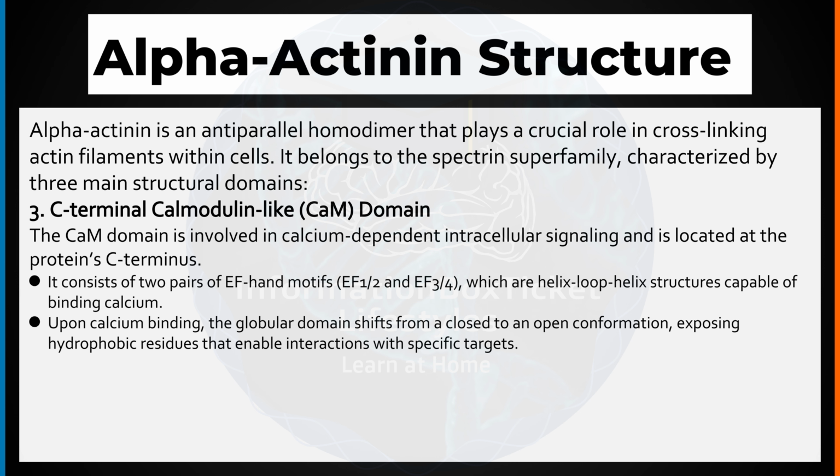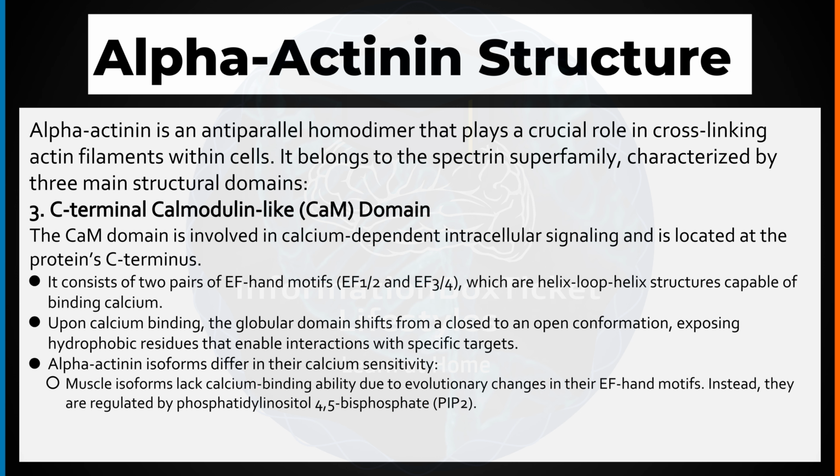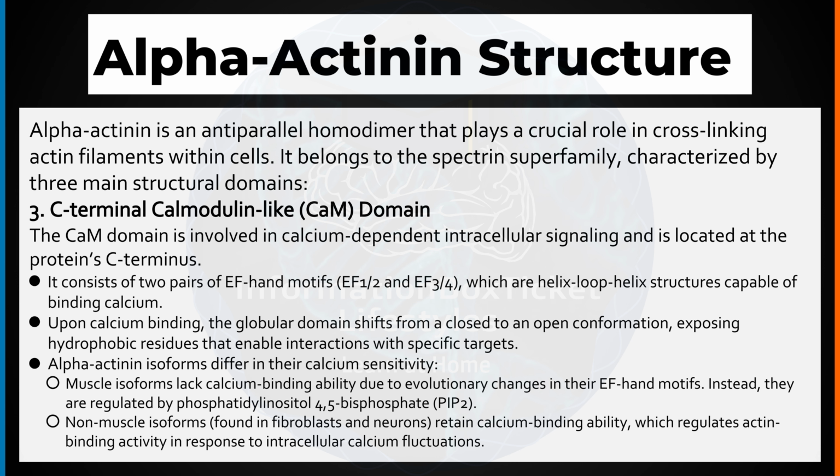with specific targets. Alpha-actinin isoforms differ in their calcium sensitivity. Muscle isoforms lack calcium binding ability due to evolutionary changes in their EF hand motifs. Instead, they are regulated by phosphatidylinositol 4,5-bisphosphate. Non-muscle isoforms, found in fibroblasts and neurons, retain calcium binding ability, which regulates actin-binding activity in response